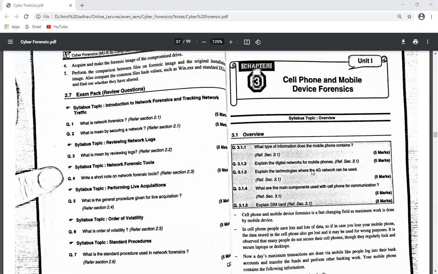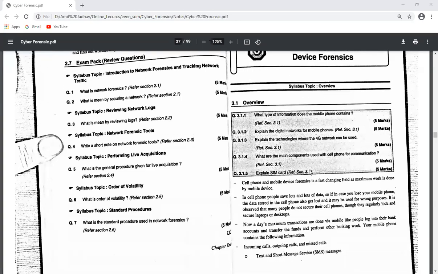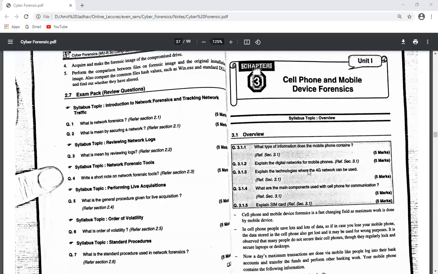As we know, a number of attacks are also performed on cell phones, as human beings regularly use the mobile phone for daily transactions and a lot of data is stored on a mobile. Human beings perform different banking transactions on mobile instead of using a computer. So the role of mobile device forensics is very crucial nowadays.